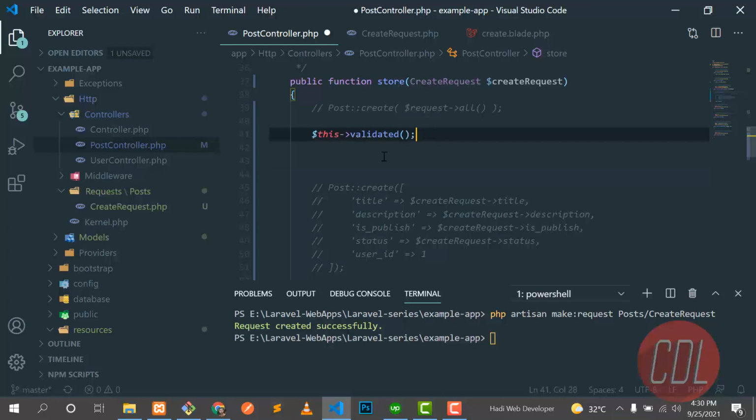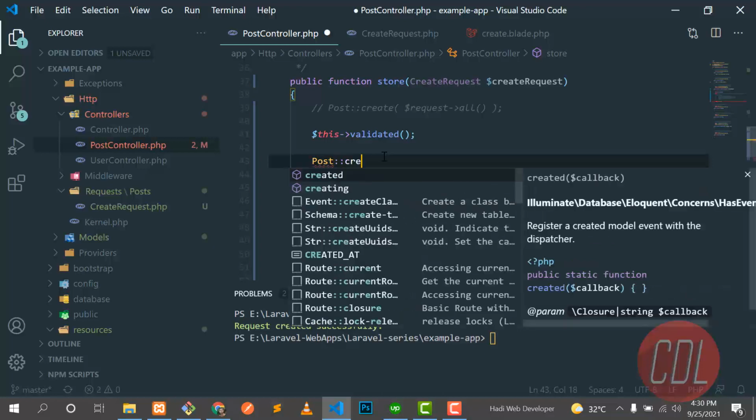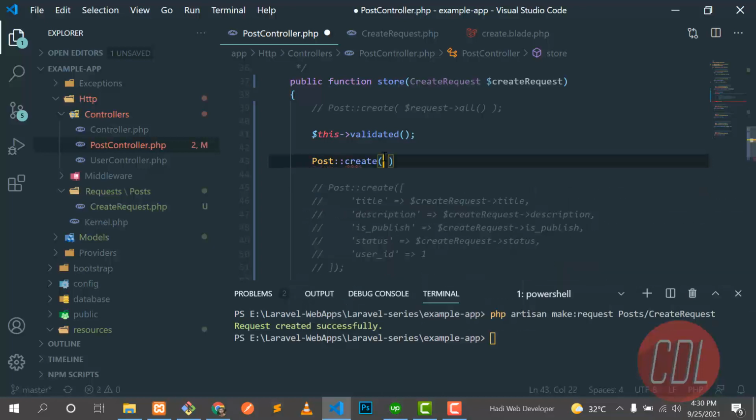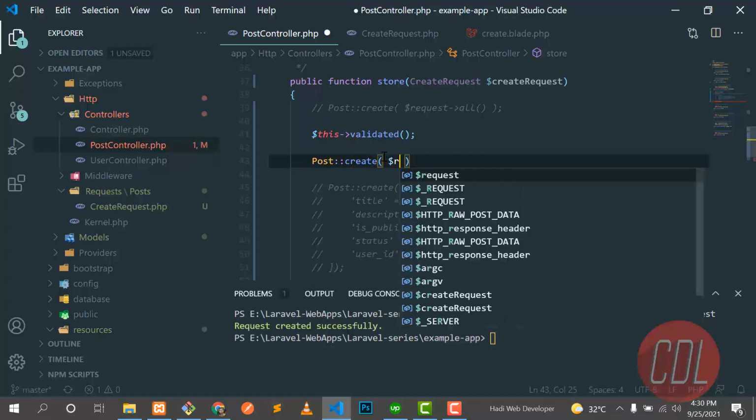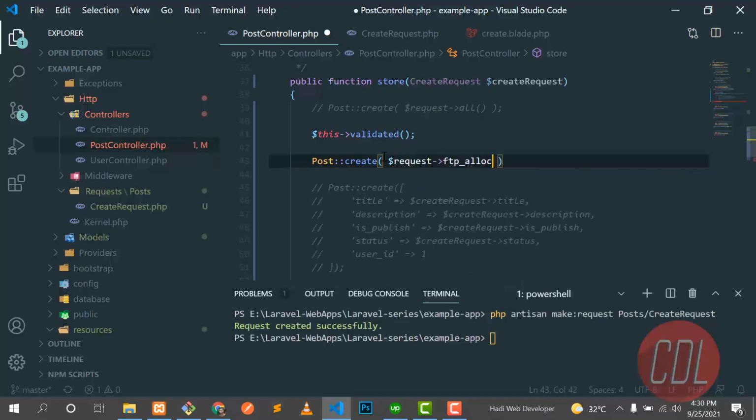But if you use it like post, and there is a create method, and in the create you pass the request, and then inside you use request all, then this will be mandatory.